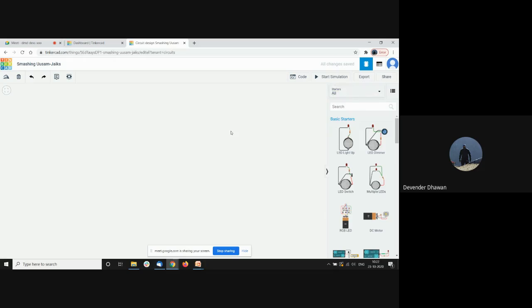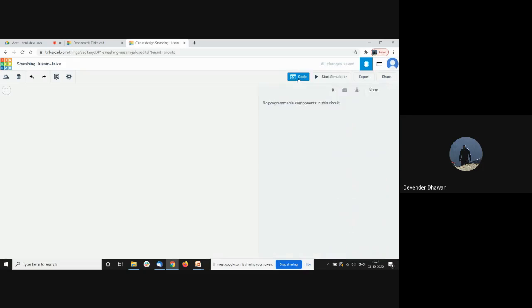so now the first question that would come into our mind is where to write our code and where to check our output in case we are using a microcontroller. Like generally we were just using a battery along with some LED and we didn't need any code to be written. So in that case, what we'll do, we'll go here. You see this tab here, which is for code. If I click over it, you see another window comes up, and this is where we will write our